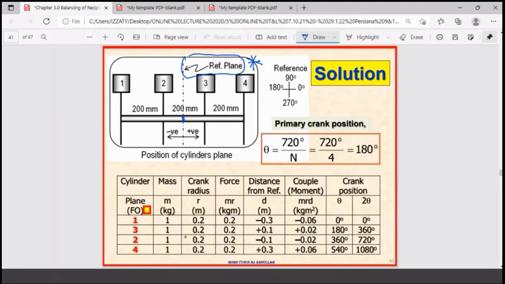0.3, because you have the negative part on your left-hand side. And cylinder number 3, for example, we have positive 0.1. Cylinder number 2 we have negative 0.1, sorry. Then 4 will be positive 0.3. Understand? Then you put the product of the MRD here. So for couples, the next one is the position, remember, theta and 2 theta. So the only difference now